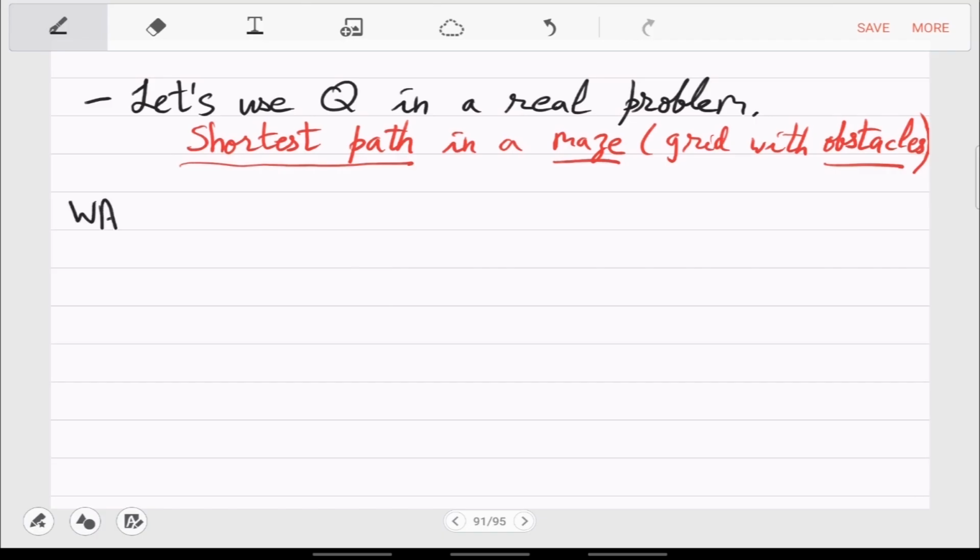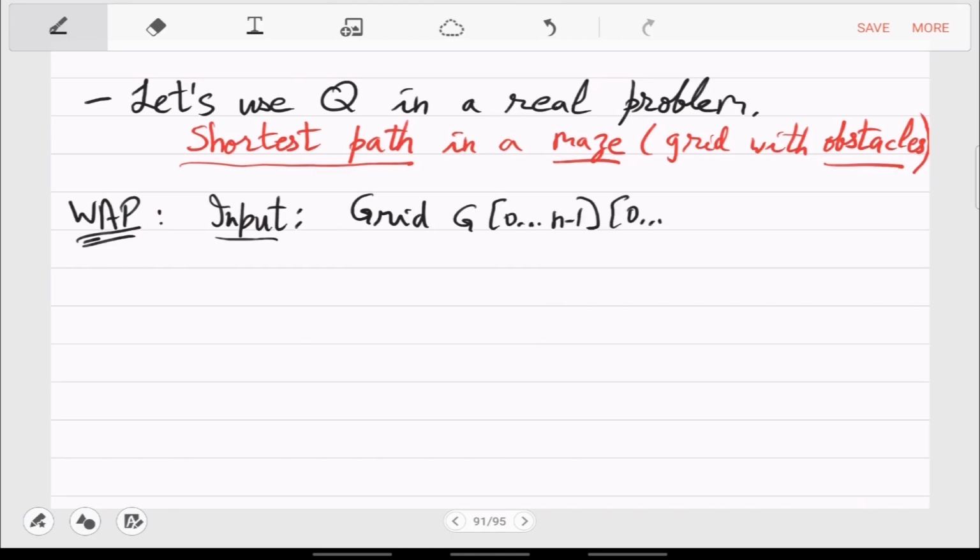So write a program whose input is a grid. So just a 2D array. So each value is Boolean, Gij.